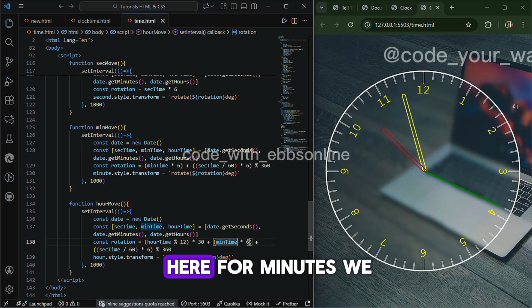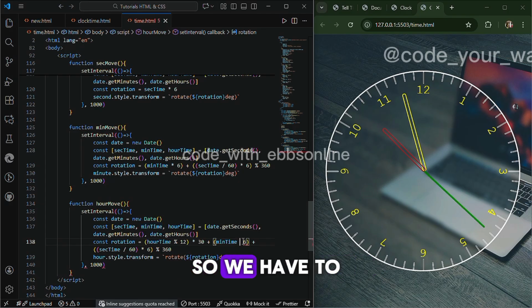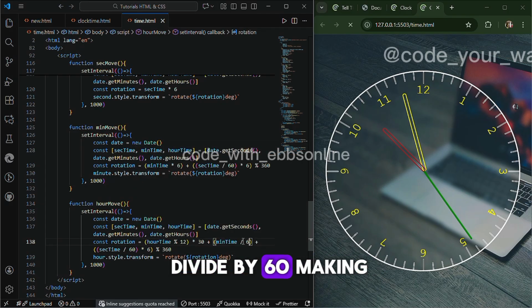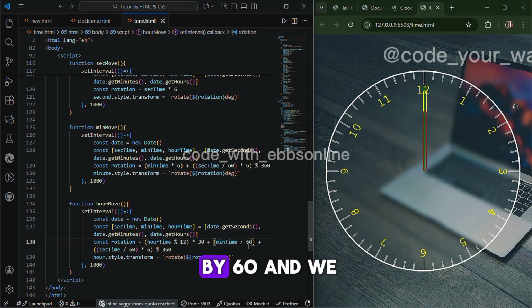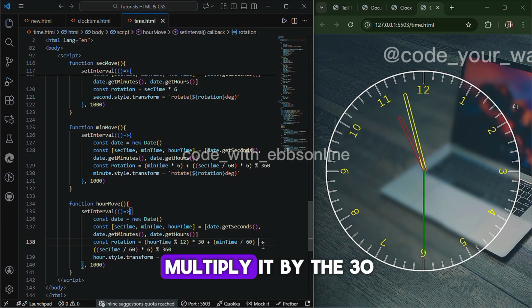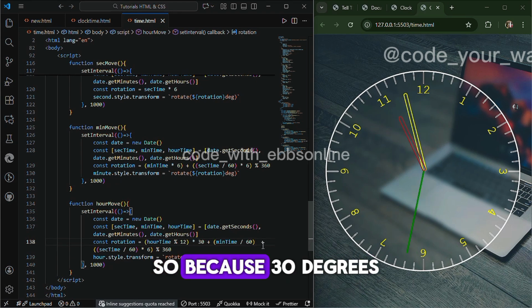So here for minutes, we have 60 minutes. So we have to divide by 60, making 1 hour. So we divide it by 60, and we multiply it by the 30. So because 30 degrees,